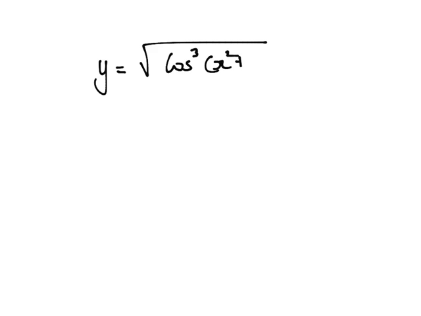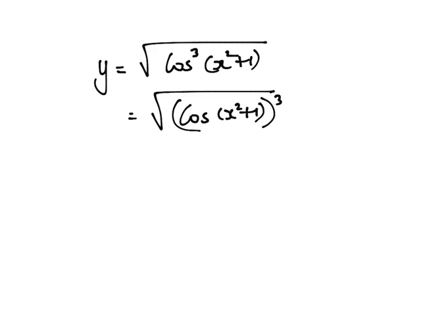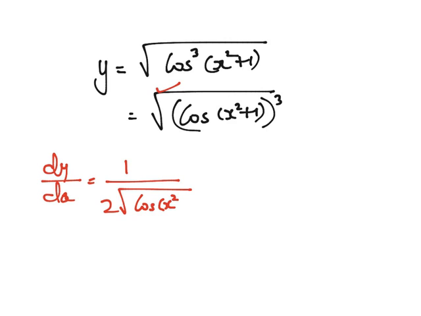Okay, so y equals square root of cos cubed of x squared plus 1. Okay, I can rewrite it as square root of cos of x squared plus 1 the whole cube. Okay, let me find dy by dx. So dy by dx is, first I will do it for the root, so which is nothing but 1 by 2 root of cos of x squared plus 1 the whole cube